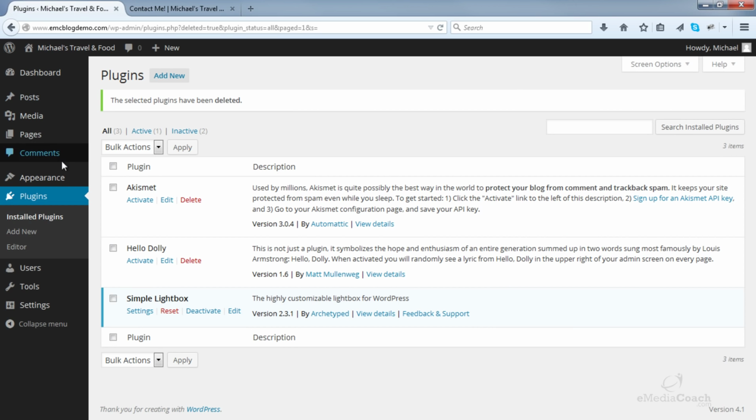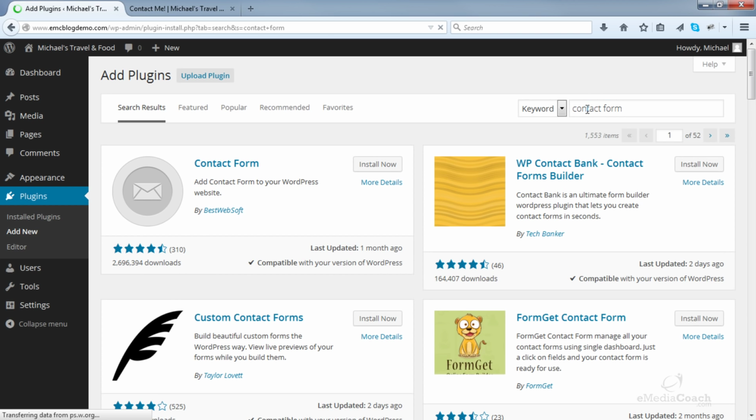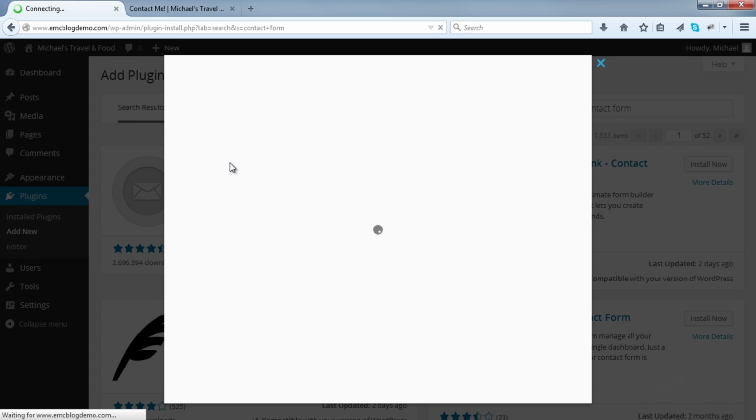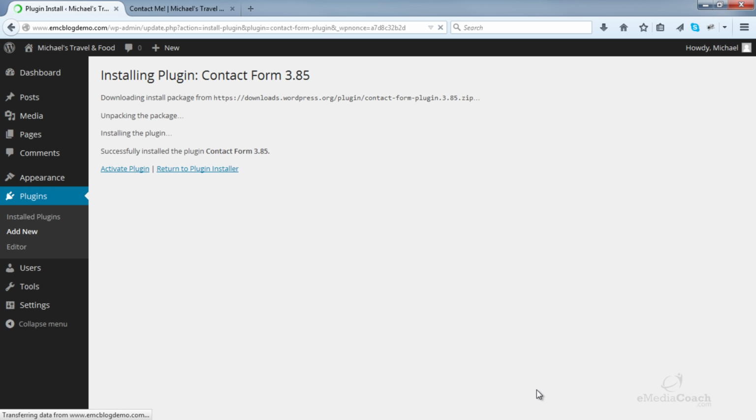Back in your dashboard, go into plugins, add new plugin, search for one called contact form, and it is that one there by Best Websoft. You can install and then activate the plugin.